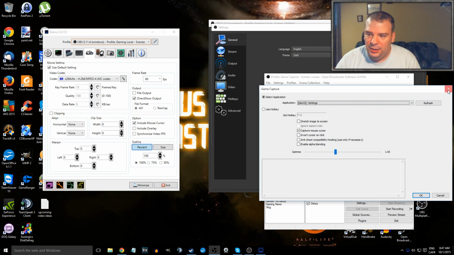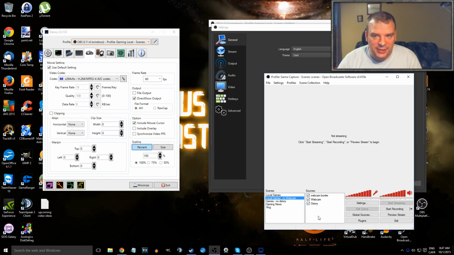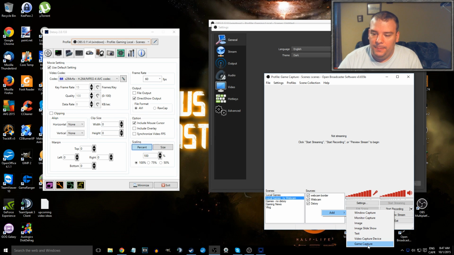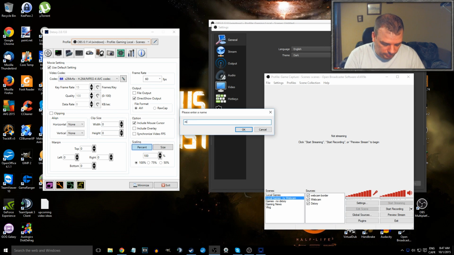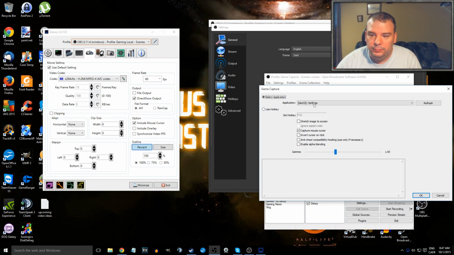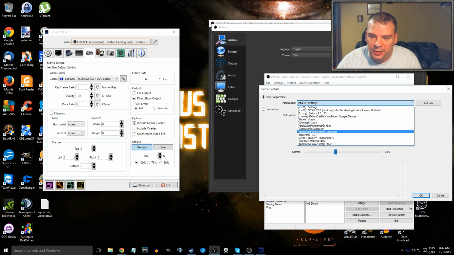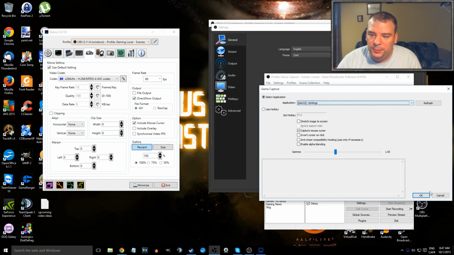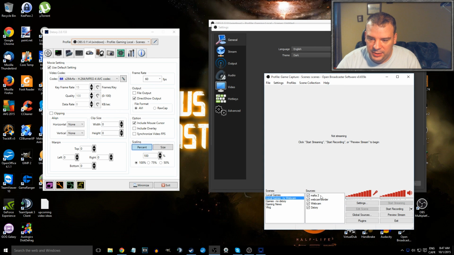I do that. And it's going to be tedious after a moment because I have a lot of games on my computer. So if I want to play Mafia 2, I go ahead, game capture, Mafia 2. I set up for Mafia. I select Mafia 2 when it's open. I go on and set up that. And I do that for every game. So if I want to capture another one, for example,